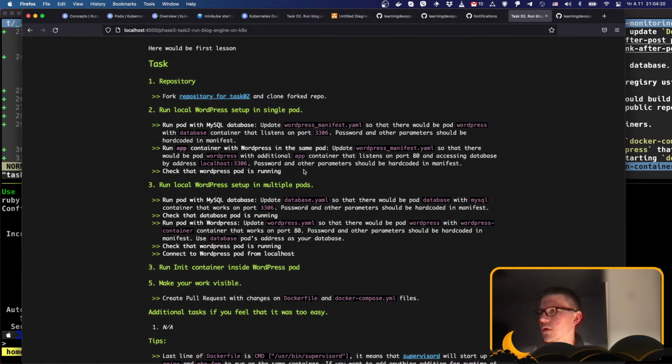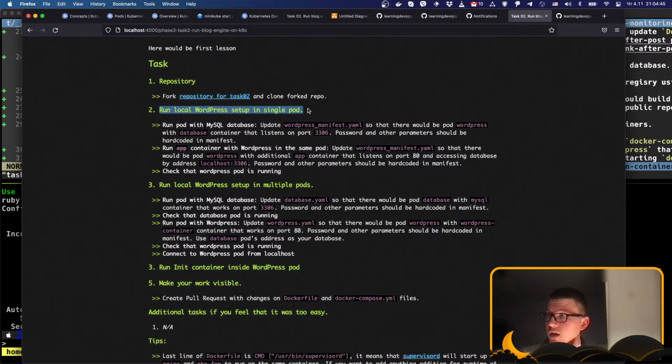Okay, so check the database pod is running. Right, so our first part of the task is to create a single pod and run the database